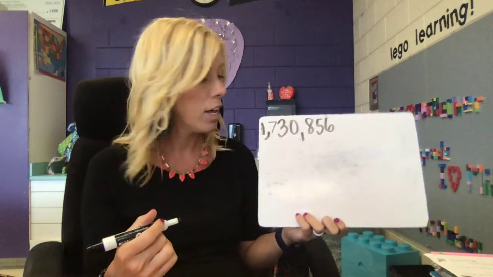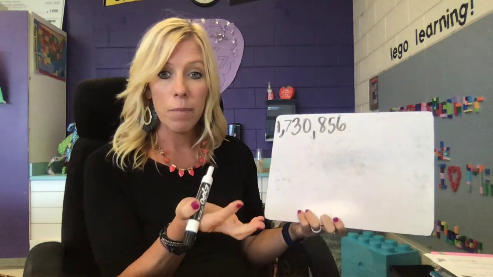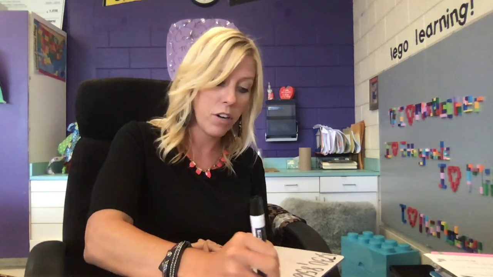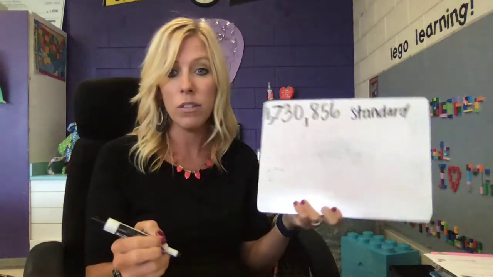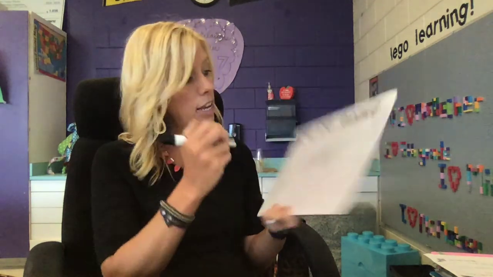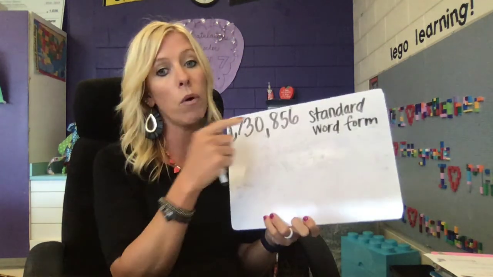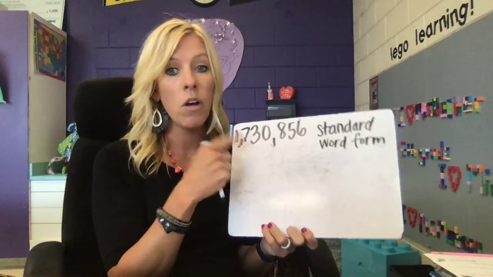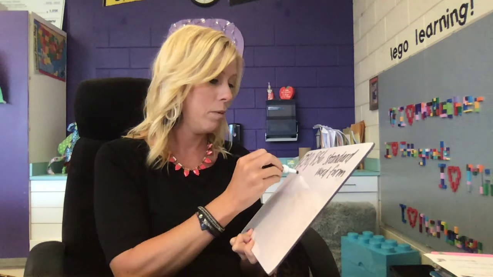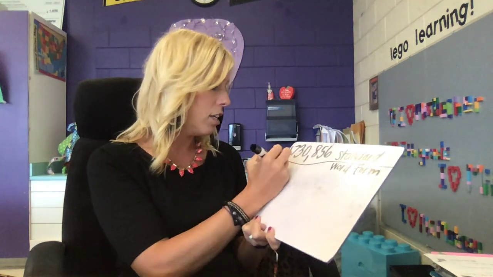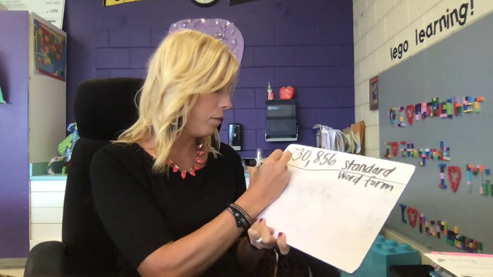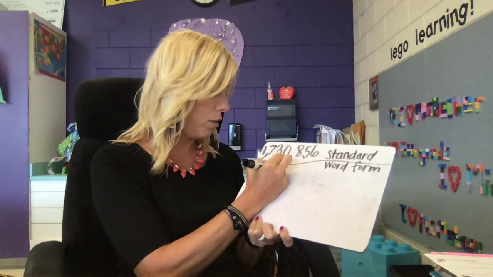All right? So if we want to keep this number, this is standard form. Standard is just the normal way that you see a number. Then we have word form. Word form is just saying it in words. So what we just did a minute ago was put it in word form. I'm going to do it like this. Okay, so I've got 1 million,